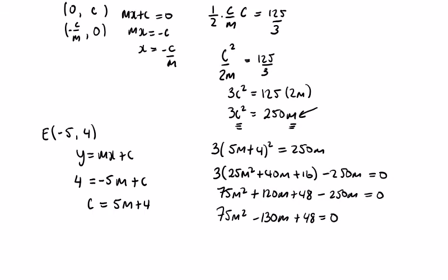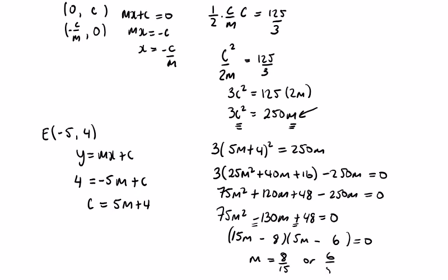This must factorize. I'll start with one of the ones in the middle, 15m. It doesn't look like it's 75m by m. 25m by 3m could work. But I think this is the one that works. 15m by 5m, because when we have a minus here and a plus here, they're both going to be minuses. 6 8s are 48. 6 15s are 90. And 8 5s are 40. 90 and 40 is 130, so they're both minuses. So m is equal to 8 over 15,